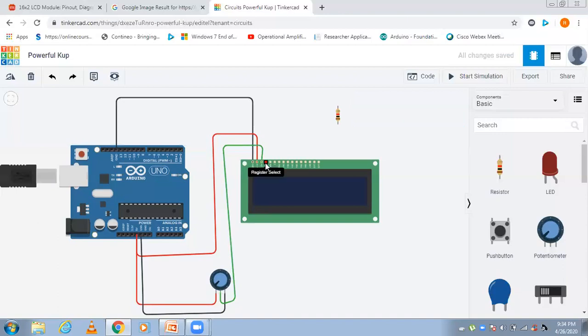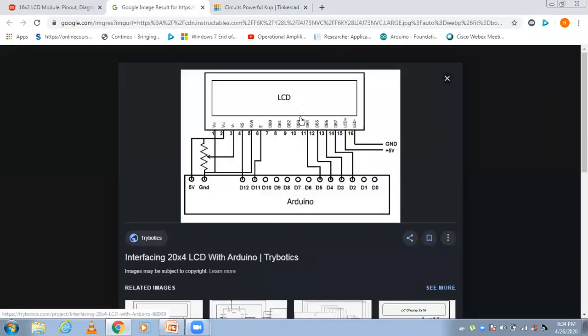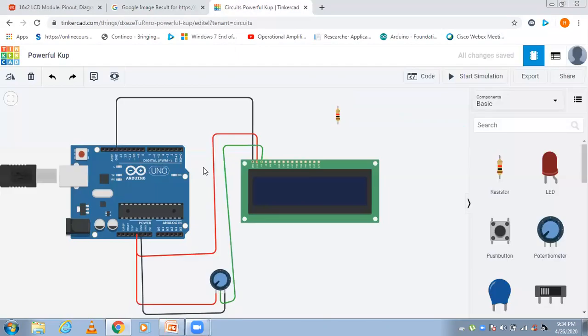Check the fourth pin. It is register select. Check it here. The register select will be connected to the 12th number of the Arduino board. You can just keep it here.